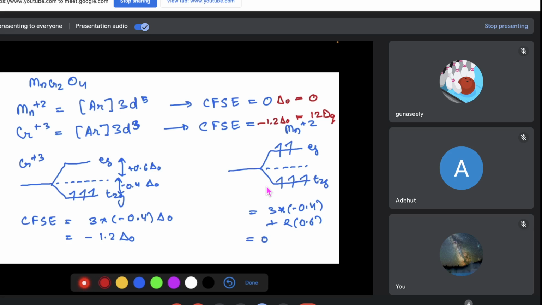So here, for my MnCr2O4 complex, as we have seen, the CFSE for chromium plus 3, the trivalent, is more than the CFSE of the divalent. So this is a normal spinel. We say it's a spinel. So this is a normal spinel, and so the total CFSE that we will calculate